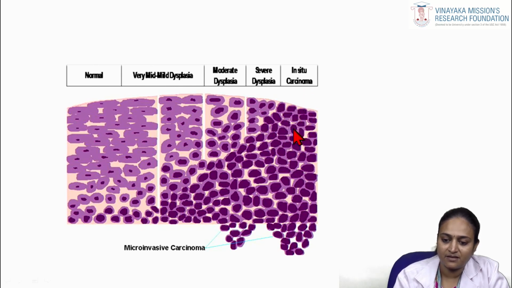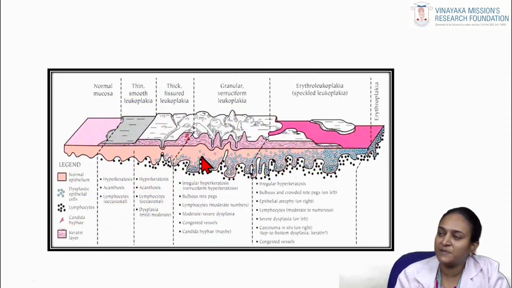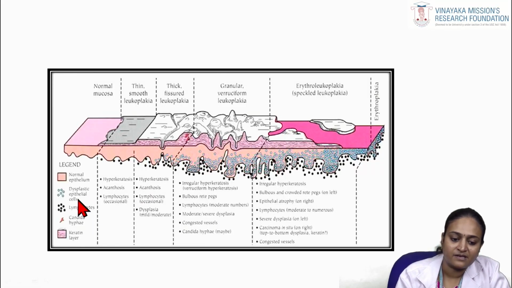Here you can see the dysplastic epithelial changes from the top to bottom of the epithelium. Here you can see the minor invasive carcinoma. The same picture which I showed initially, I am explaining it again. Here now you can have a better understanding with the normal mucosa, how the normal mucosa appears, and this is